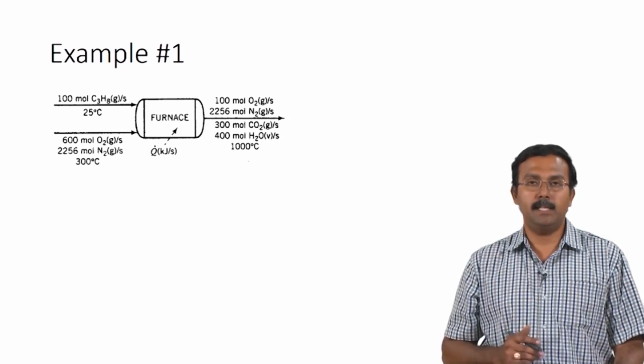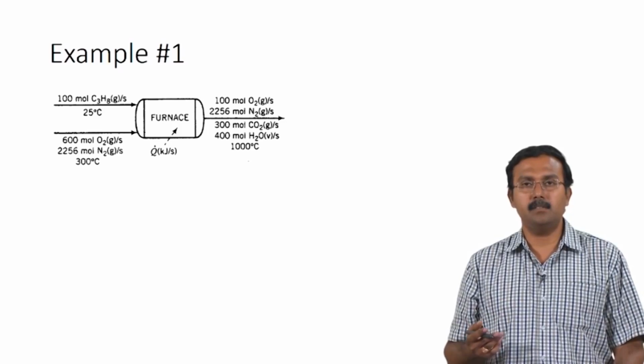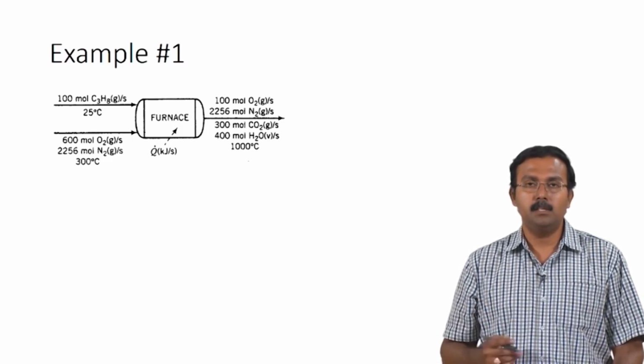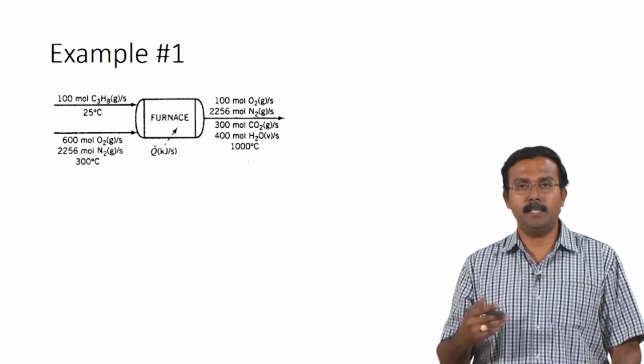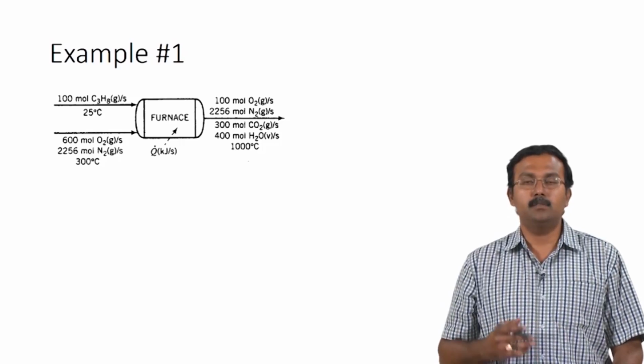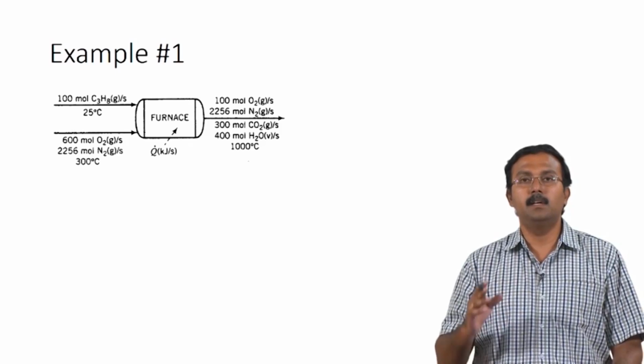So, in the heat of formation method, we would prefer to use it when you have multiple reactions or when you have a reaction where the heat of reaction is not readily available. So, we will see how a heat of formation method can be used and how it will be different from the heat of reaction. So, the fundamental difference, as I had already mentioned, would be associated with the reference state